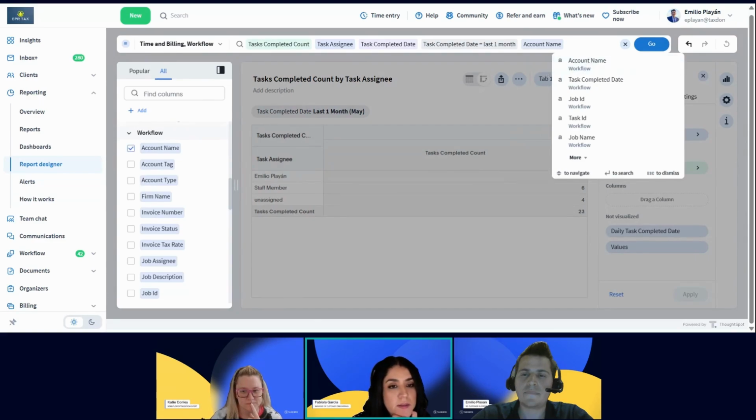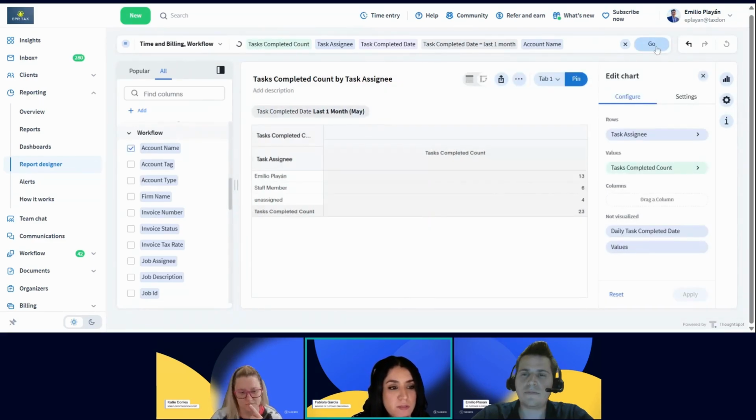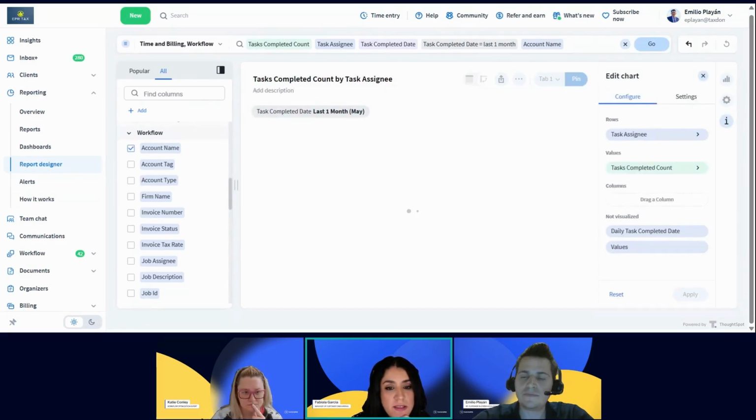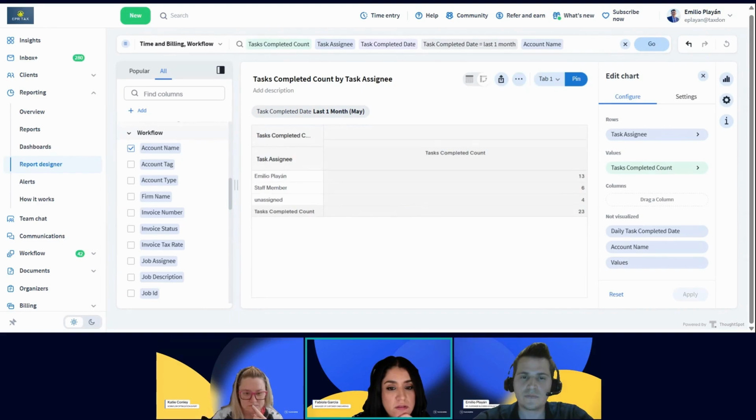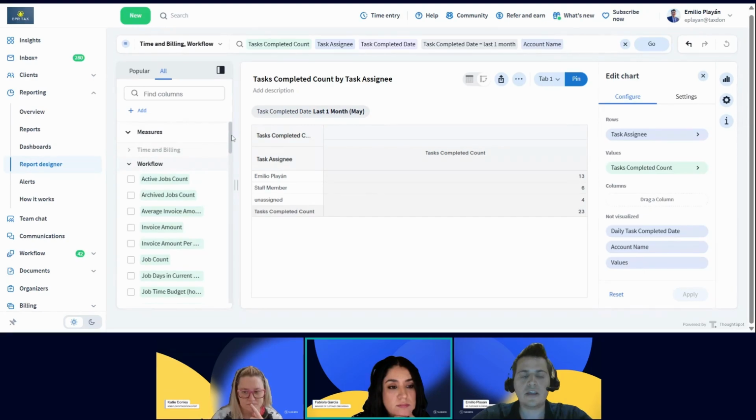There you go. Emilio, what if they don't have some of the categories, like the measures and some of that? Is it because they probably don't have data in there? It could be that they don't have data, or